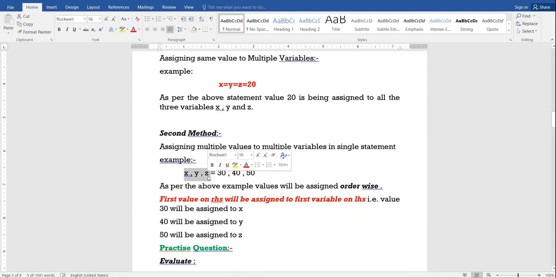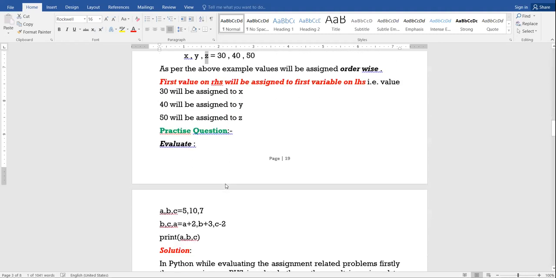Here, the order will be: first value on the right hand side to be given to the first variable on the left hand side, second value on the right to the second variable on the left, third value on the right to the third variable on the left. This you have already covered in your numericals, in your questions, which you are doing these days. Am I clear to all?